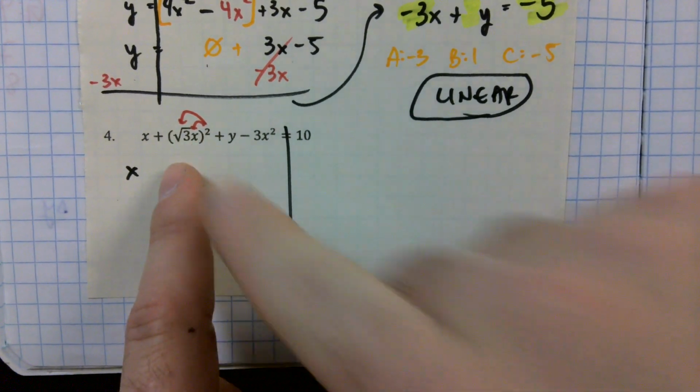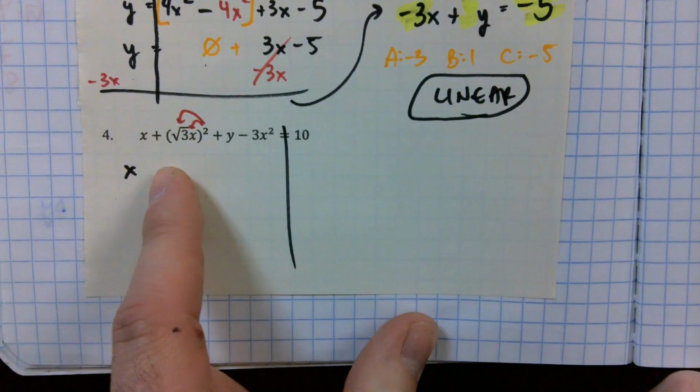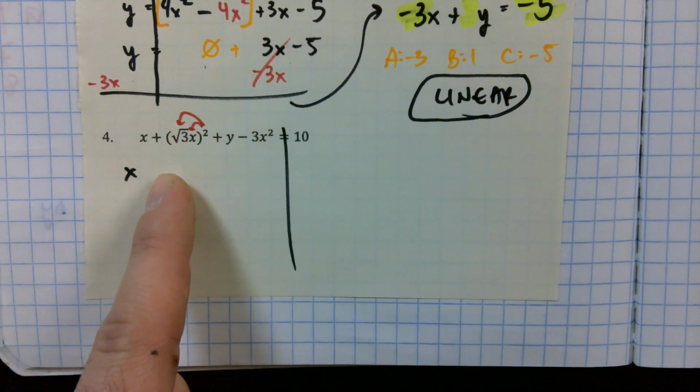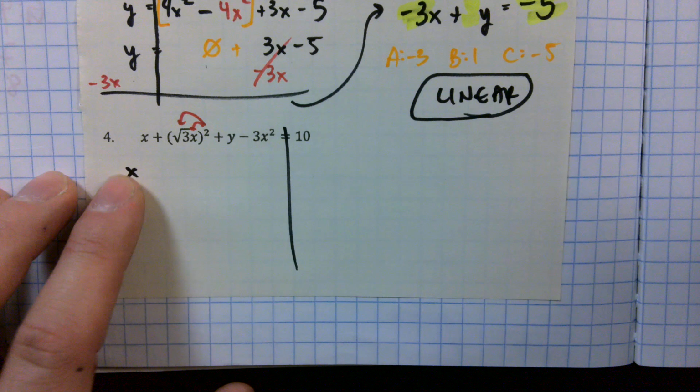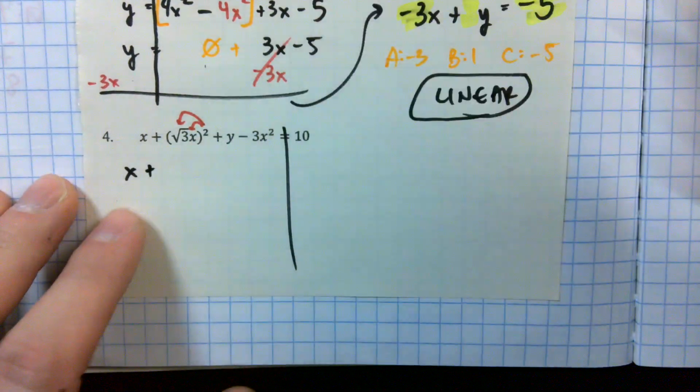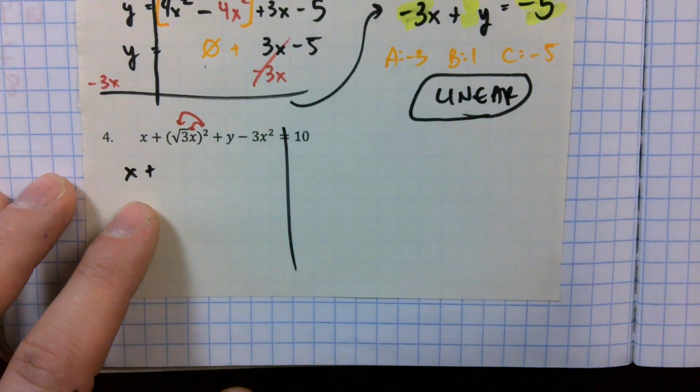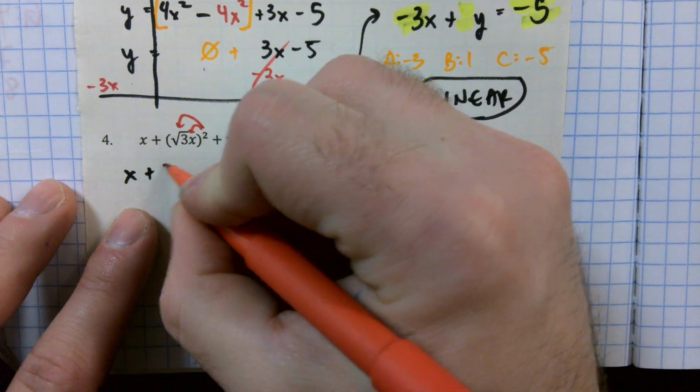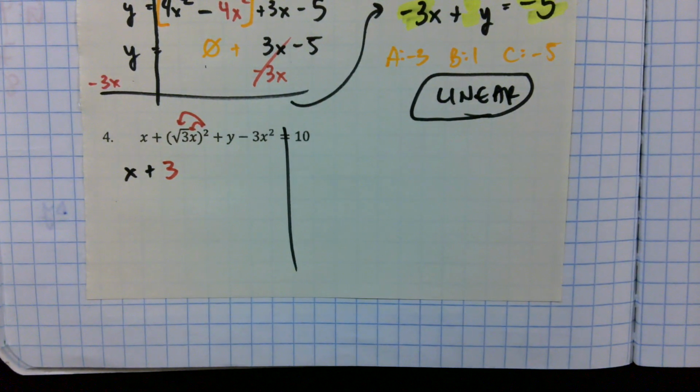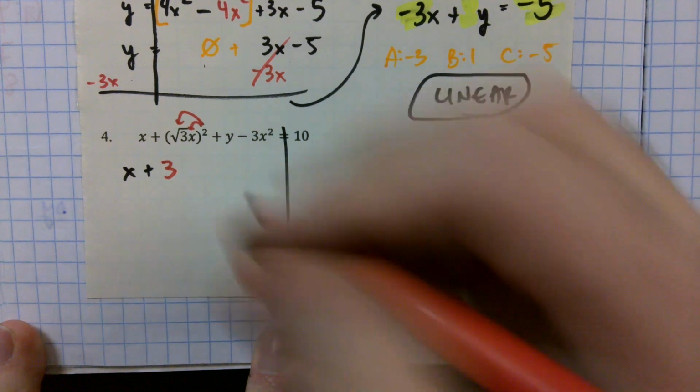My coefficient is root 3, right? Which is like 1.5 something. So what's the square root of 3 squared? What's the square root of 3 squared? 3. Just 3, right? They cancel. The 2 and the radical cancel out. What is x squared, though? X squared